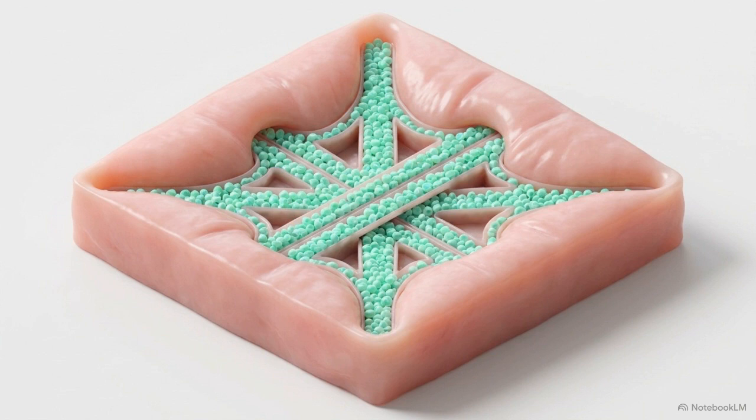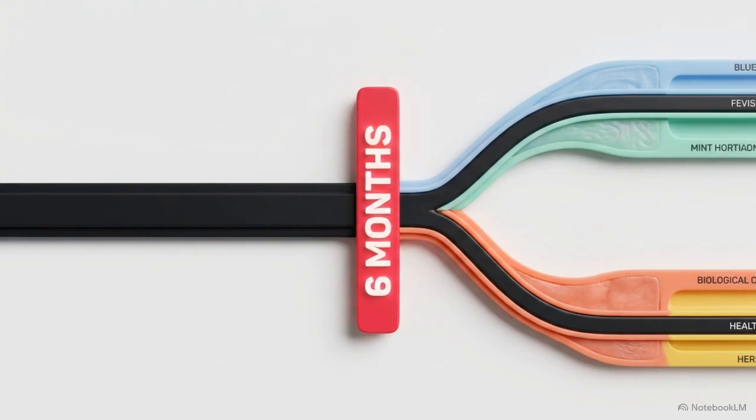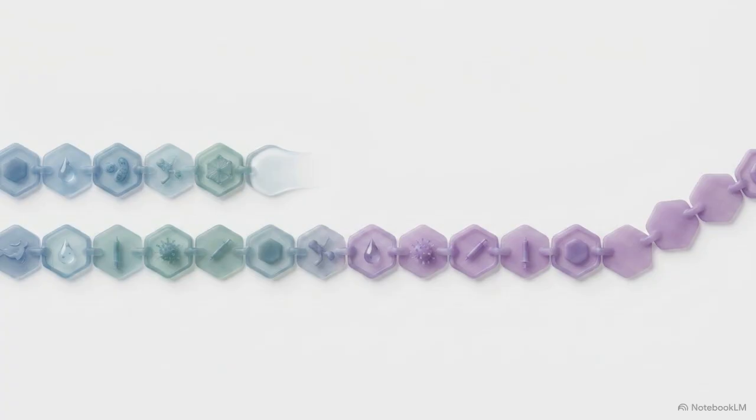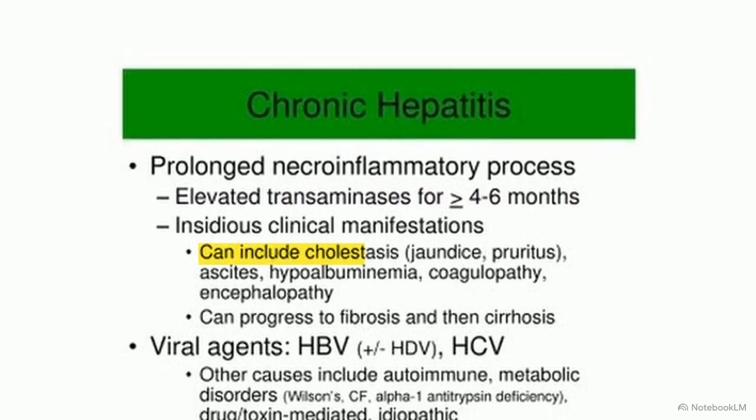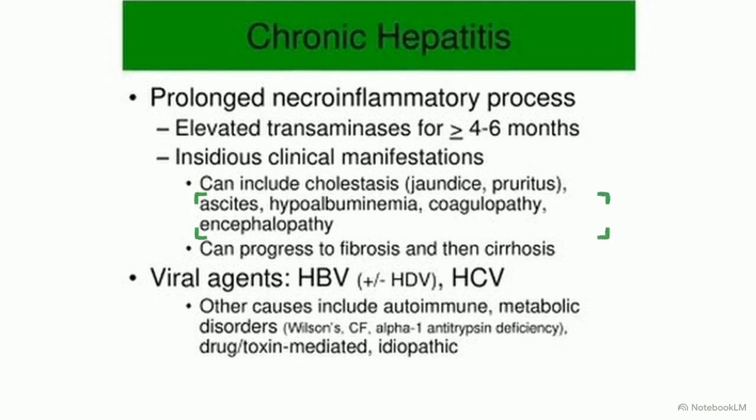The critical divergence between the 2 viral tracks happens at the 6-month mark. Enteric viruses clear out, but parenteral viruses like B and C quietly persist. This clinical slide defines chronic hepatitis as a prolonged necroinflammatory process that continues for 6 months or longer. Over time, the sustained inflammation progresses from mild cholestasis to severe complications, including fluid buildup known as ascites, dangerous coagulopathy,